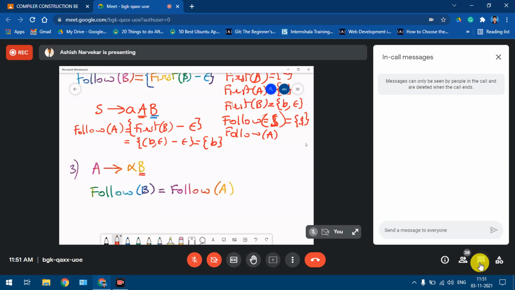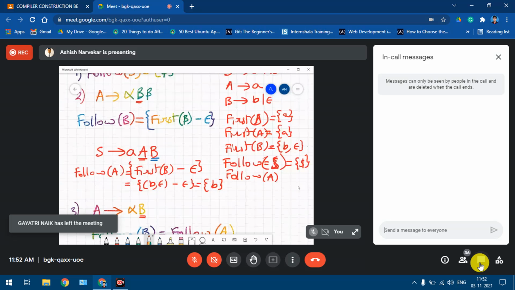side. And in addition to this, there is one more rule which says that if you have a production of the type A derives... okay, we'll just right now restrict ourselves only till here. So these three rules, we'll see that special case later when we take the example, so as not to confuse. So just to reiterate, there are three rules.